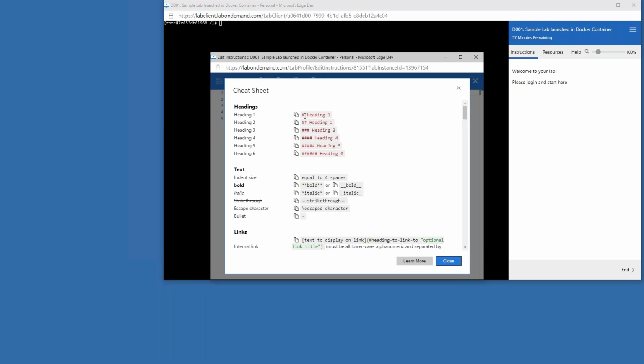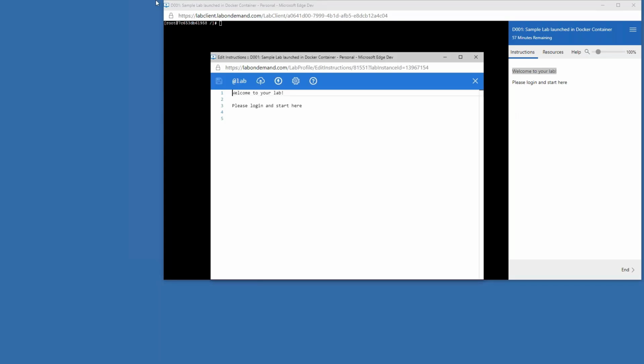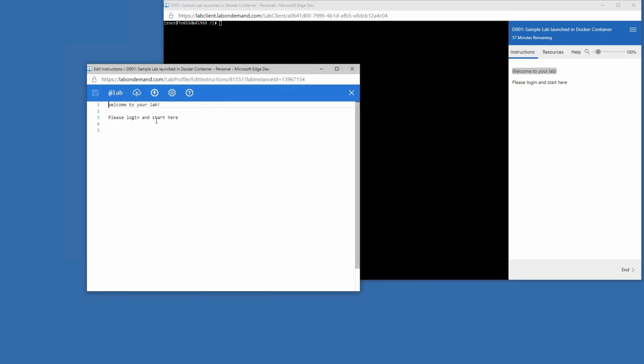The way you do that is by putting in a pound symbol. So I'll close this and go ahead and put in a pound symbol. Boom. Notice real time on the left, I type it, and here I'll backspace over. Here's welcome to your lab now, and then I switch to my editor. I have to keep that up in the background. There we go. So now just to watch, I'm going to put the pound in, and boom, it updates on